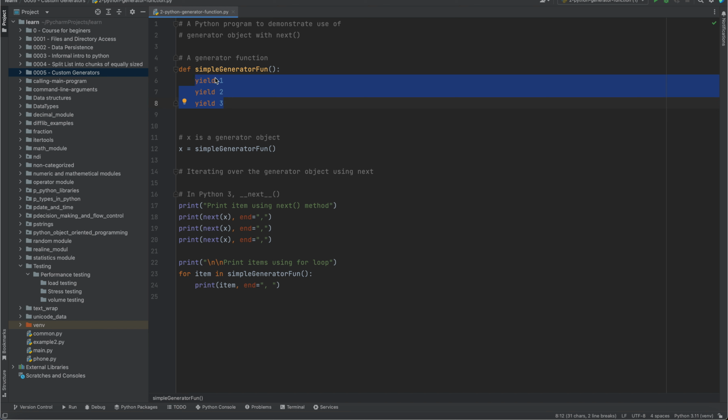and 3. And a generator function returns a generator object, so it will return a generator object here, and then we can iterate through each of the values being yielded from this generator function using the next method on this function x, right? So this will return the items using the next method, and then we can iterate through